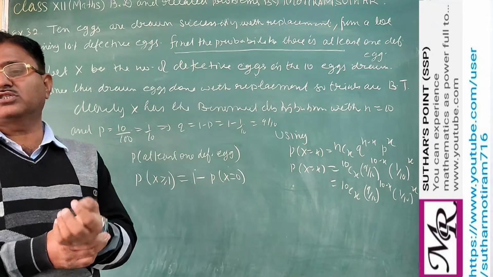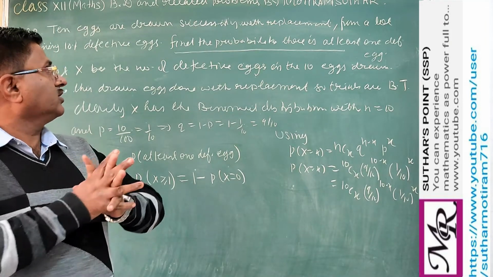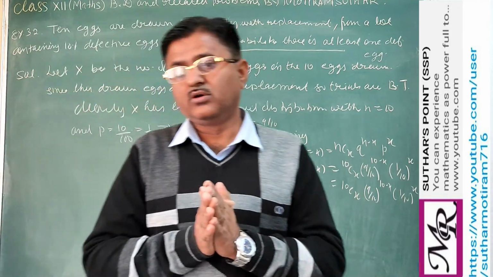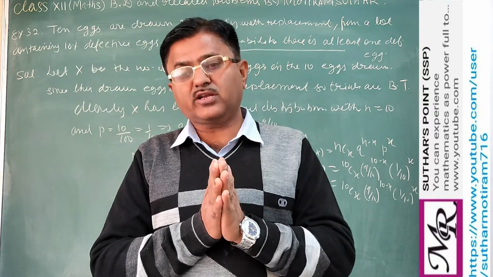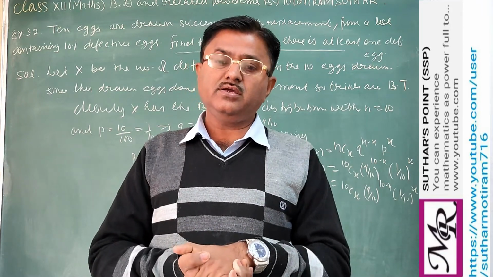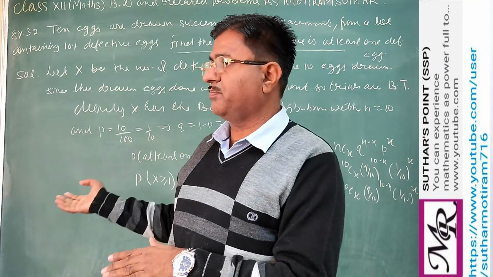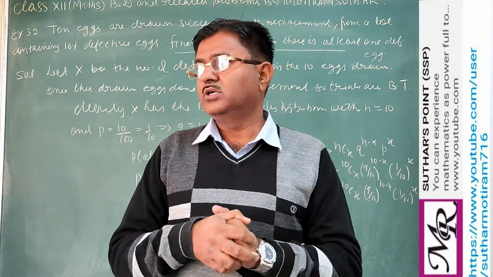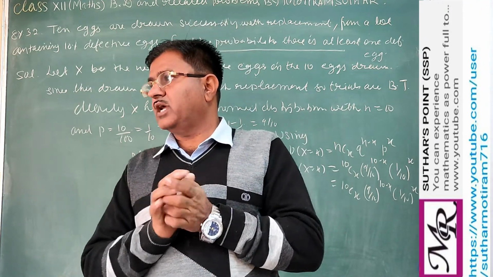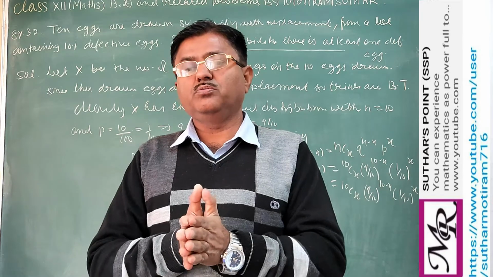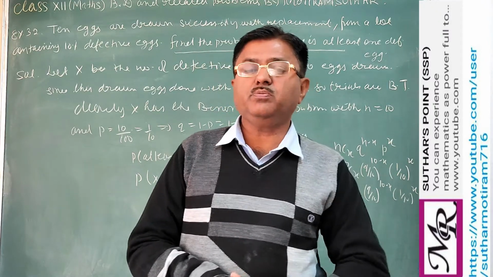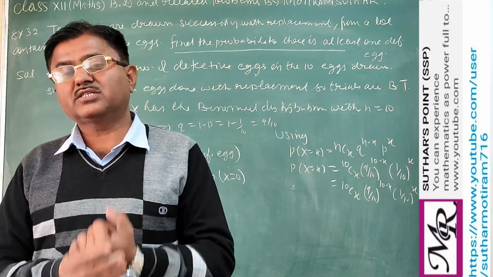So as you know, dear student, when we are drawing tan x, there is a possibility that none are defective, maybe all are non-defective. हमने tan x जो ड्रॉ किया उसमें से कोई एक खराब नहीं, इसका मतलब हमारा क्या होगा, px इक्वल टू 0. Second, 1 egg is defective, so px equal to 1. Second, 2, px equal to 2, px equal to 3, 9. So total cases in the experiment will be from px 0 to px 10.